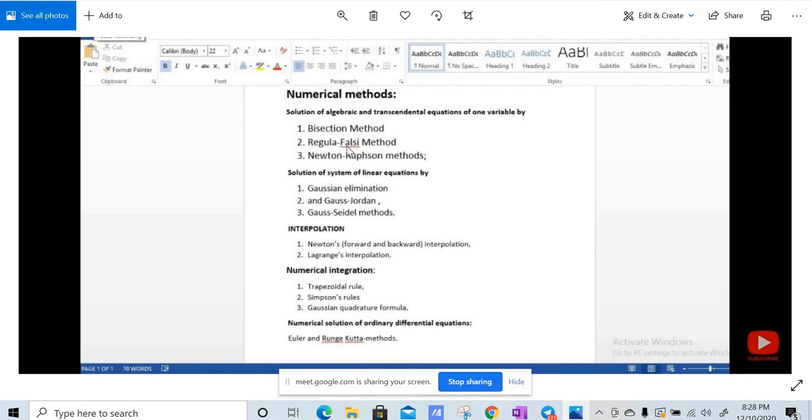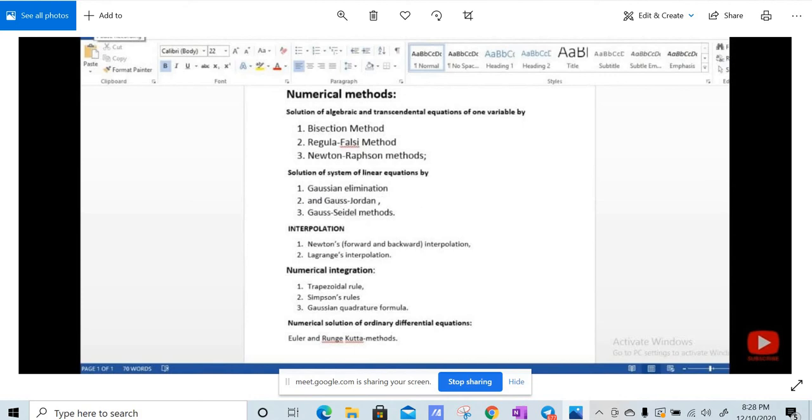So I hope everyone has seen worksheet 1. It is the previous year's questions based on the bisection, Regula-Falsi method, and Newton-Raphson method. If you have any doubt, you can ask me, because every question is very easy. And today I will be posting worksheet 2, which is previous year's questions from these three methods, right? So very easy. You just need a calculator to do it.